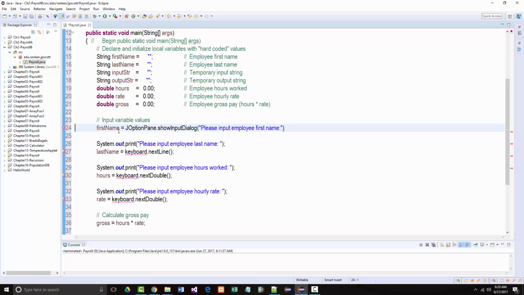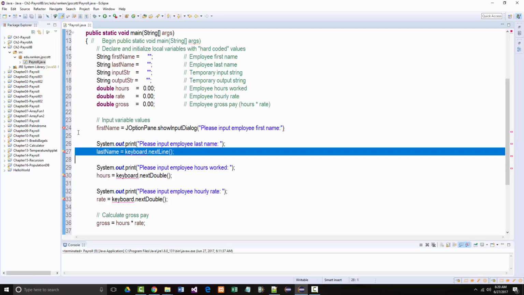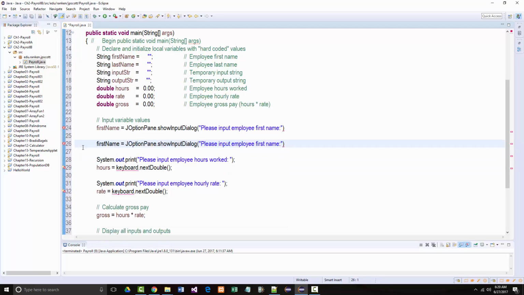Notice we don't have an error now. I'm going to grab that line again. And now we're going to change this to "please", so that'll be last name instead of first, equals please input employee last name. All right, now we want to do something similar here